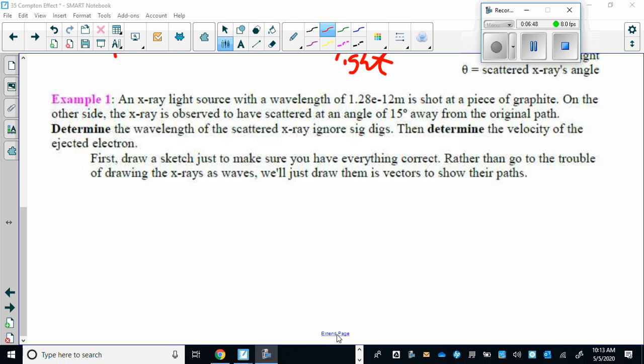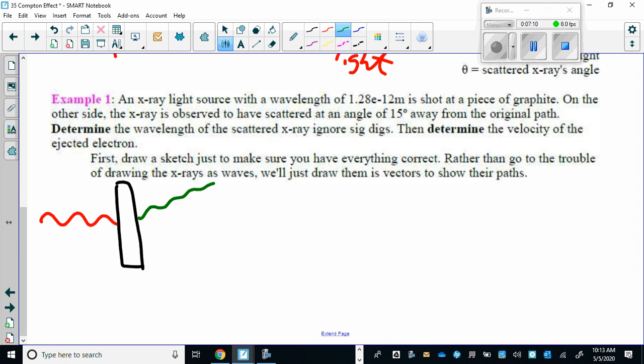Its graphite scatters at an angle of 15 degrees from the original path. Determine the wavelength of the scattered X-ray and then determine the velocity of the ejected electron. So once again, there's the incoming X-ray. When it comes out the other side, it has a longer wavelength and it's scattered at an angle of 15 degrees. And then out comes an electron, right? The electron comes out. It doesn't say anything about the angle with which it's ejected,